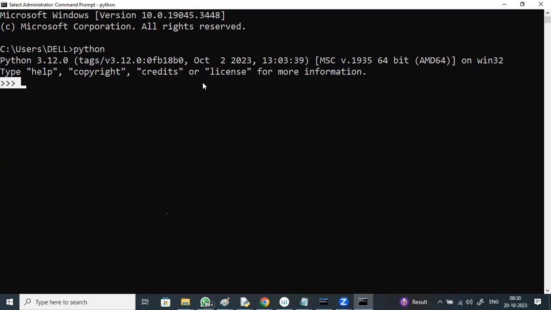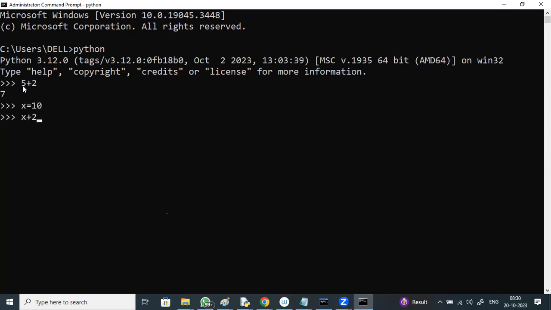This three arrow symbol is where we can type any valid Python statements and interact with it, statement by statement. For every statement, it gives the response, right? 5 plus 2, it gives the response. x is 10.